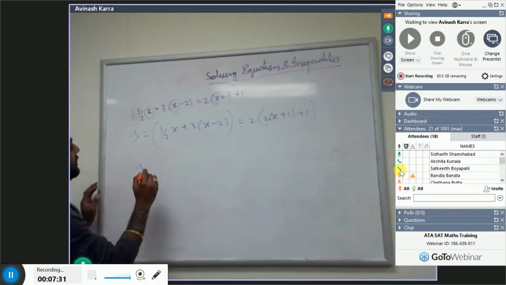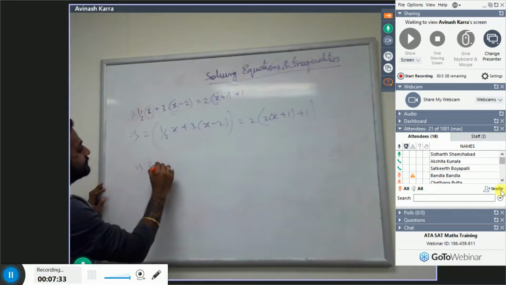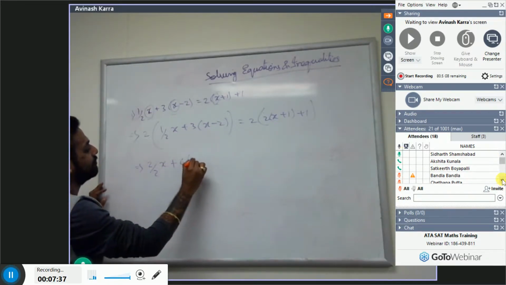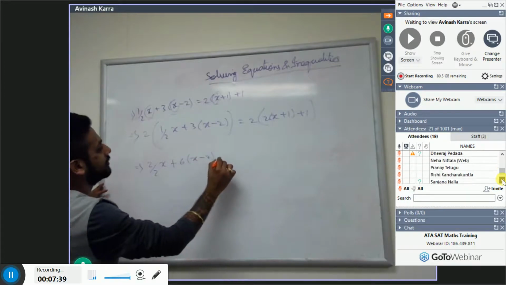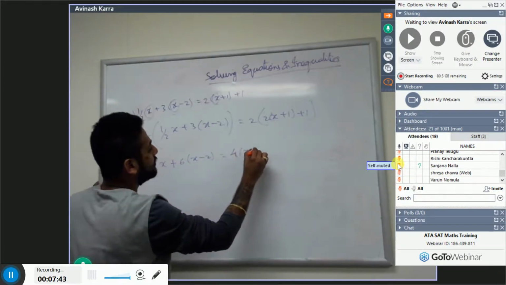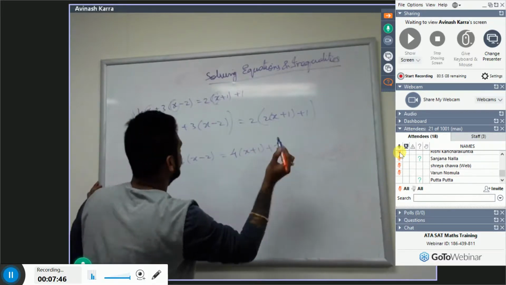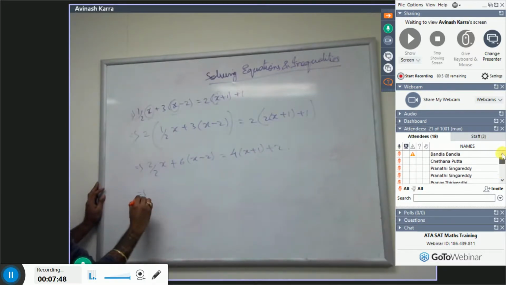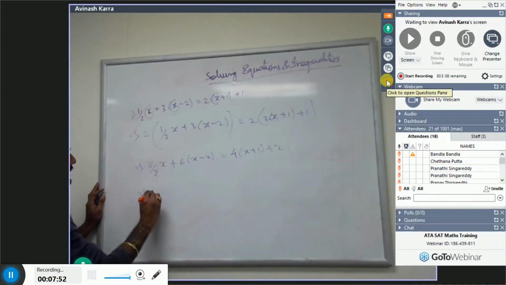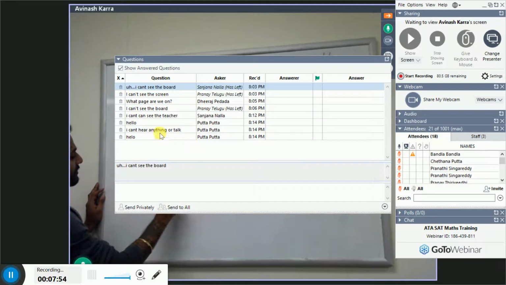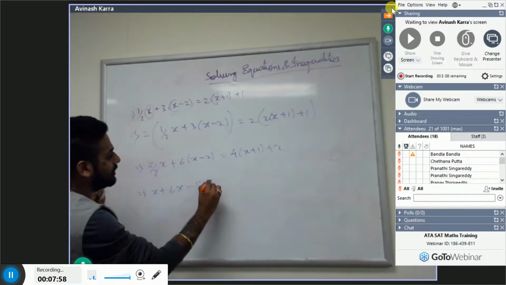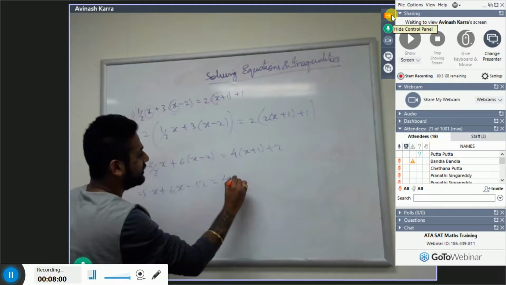And what will be the next step? 2/2 x plus 2 minus 2 equal to 4 into x plus 1 plus 2. So when I simplify this, what do I get? The 2s get cancelled. It will be x plus 6 into x is 6x, minus 12 is equal to 4x